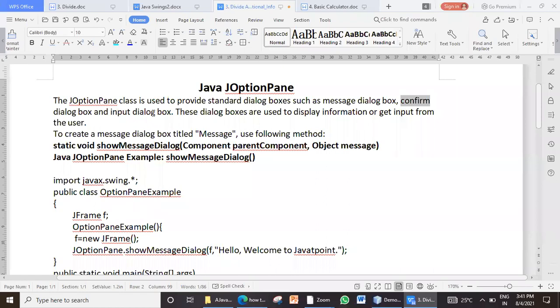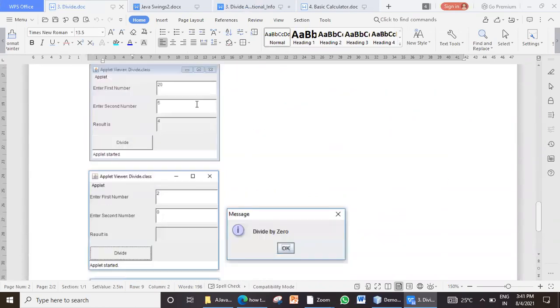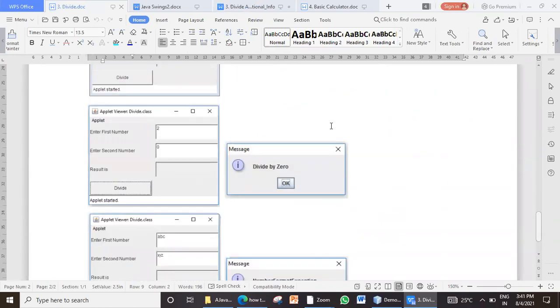How does a message box look? So I will just show you in the output window itself. So this is our journal program, next journal program. And see here. Is it visible to you, this part? Yes, ma'am. Trying to highlight. Yeah. So this is called as a message box.